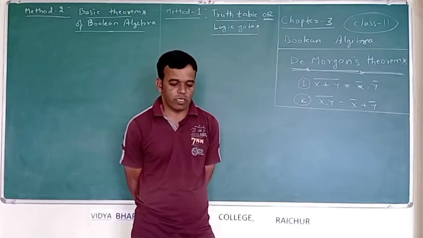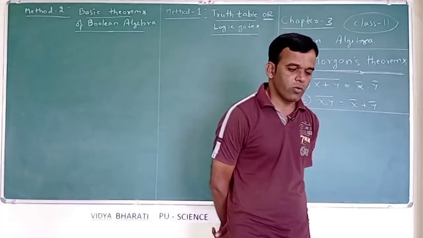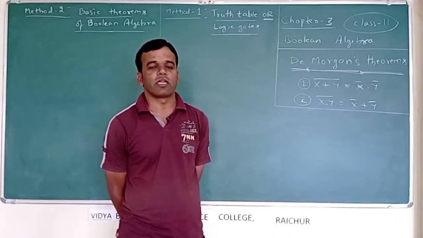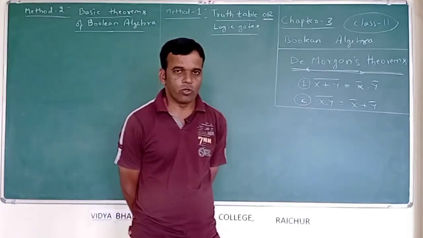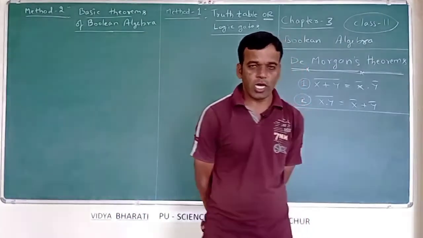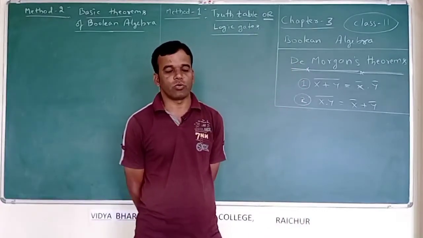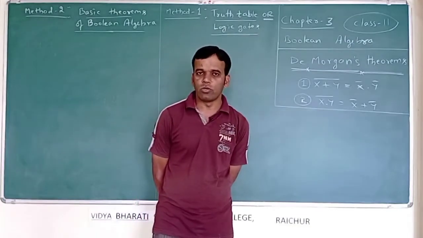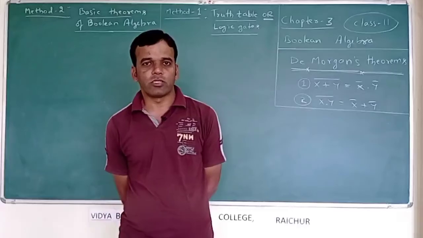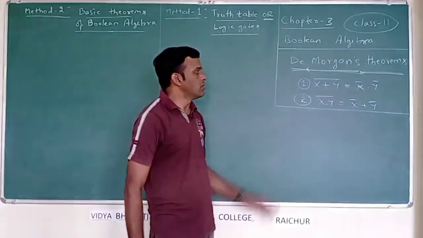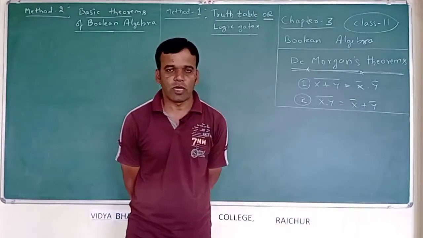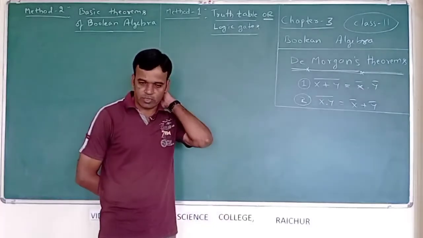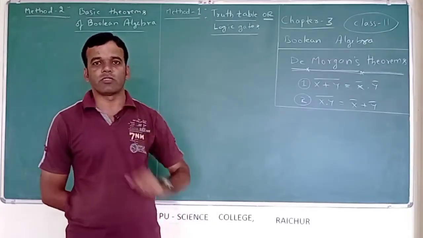So, that is the simplification of Boolean expressions, and we have seen how we can solve or simplify those expressions using the basic theorems of Boolean algebra. And I also told you there is one more method, the Karnaugh map or K-map method, to simplify the Boolean expressions. Before going into simplifying using K-map, we will go for the De Morgan's theorems. I have not taken these two De Morgan's theorems yet. So first let me complete these two De Morgan's theorems, then we will go for simplifying the expressions using the K-map method.